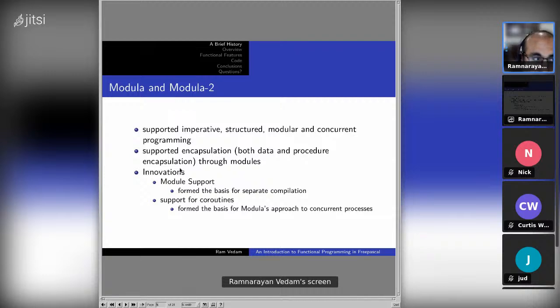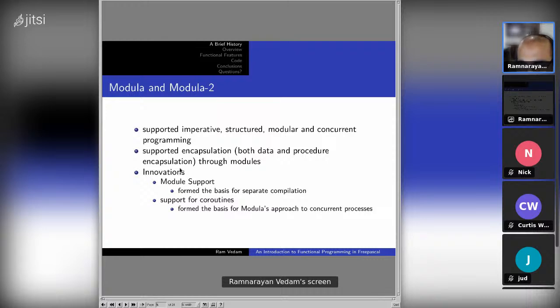These are actually the modern notion of modules that most people tend to ask for in various programming languages, C++ being one of them. It formed the basis of separate compilation of different units, which is particularly notable. This is actually one of the criticisms that was addressed from a paper that Brian Kernighan wrote when he was using Pascal at that time to write software tools in Pascal. More on that later.